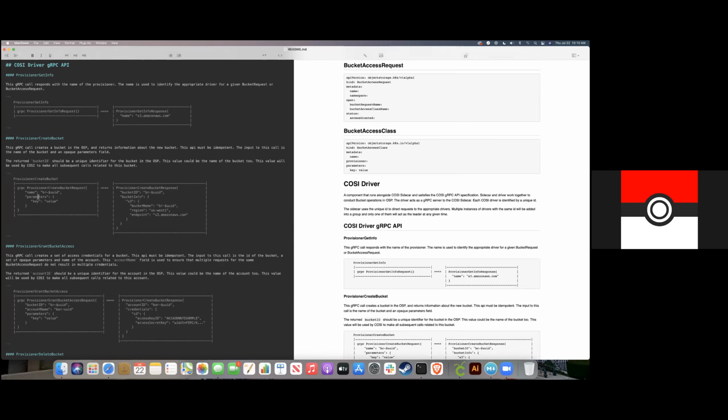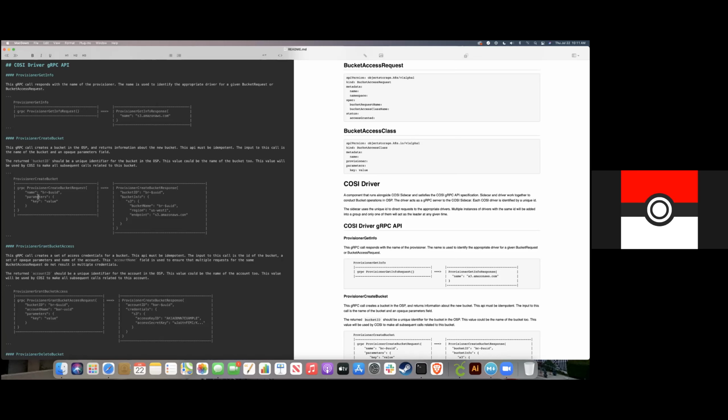We remember, in grant access, not create. In create you get back some information, and in grant access you get back some more, which is the bucket ID, right? So the bucket name, region, and endpoint. The name is an input. The ID is the output.